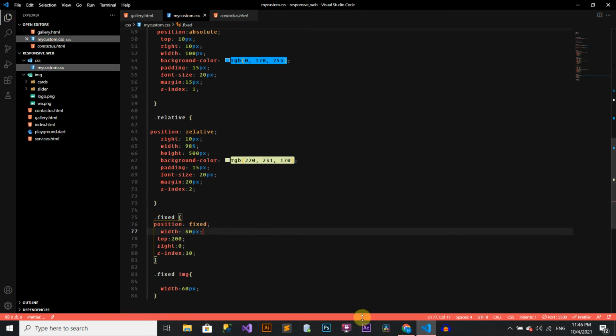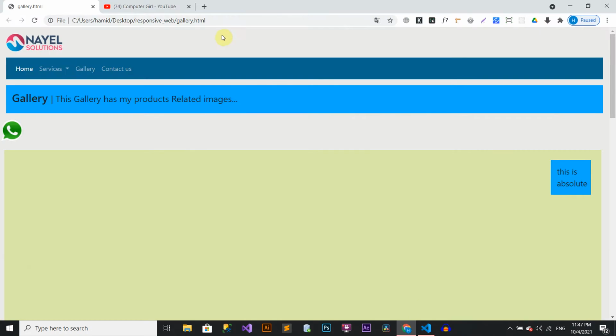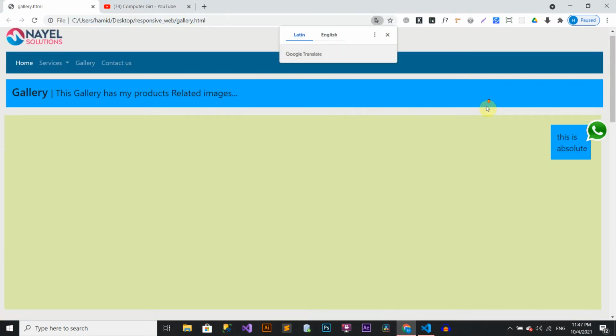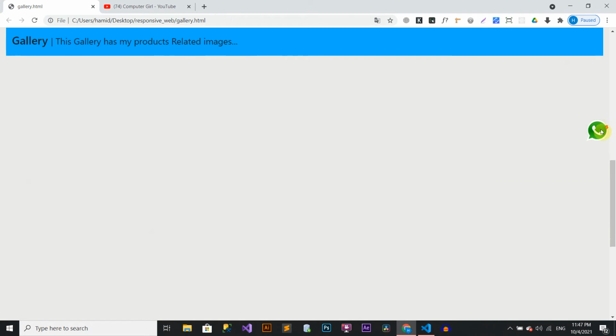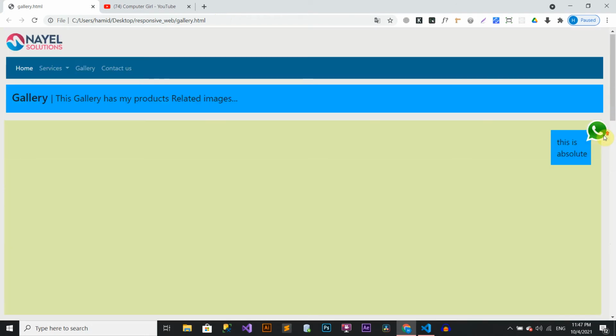The effect of this property is that it will remain in the same position even when we scroll down. You can see on the screen I am scrolling down, but the icon here remains in the same place